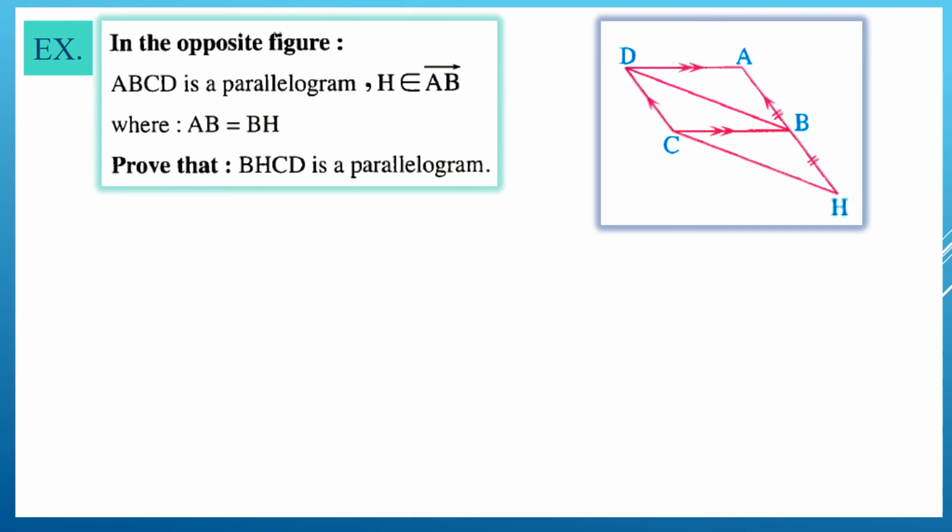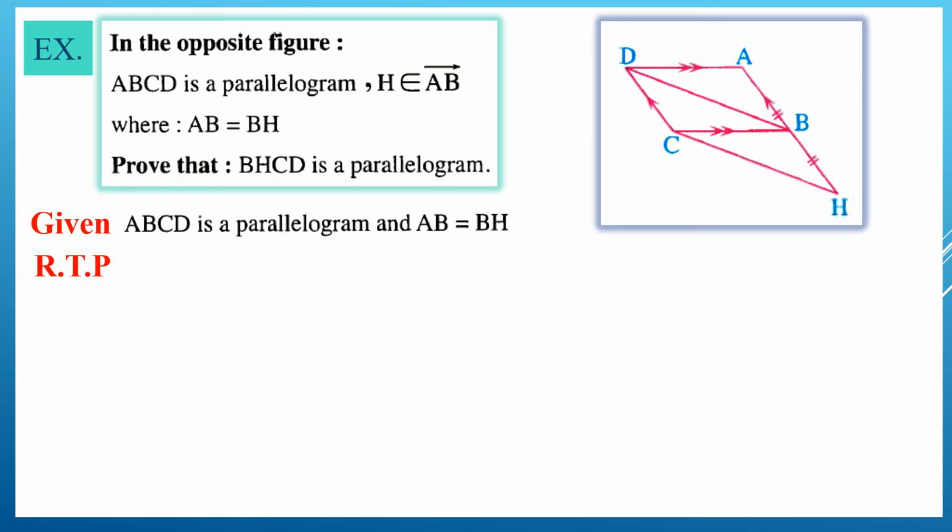Another example here, in the opposite figure, ABCD is a parallelogram. H belongs to AB, where AB equals BH. Prove that BHCD is a parallelogram. Here our given is ABCD is a parallelogram and AB equals BH. And RTP here, prove that BHCD is a parallelogram. Our proof here,